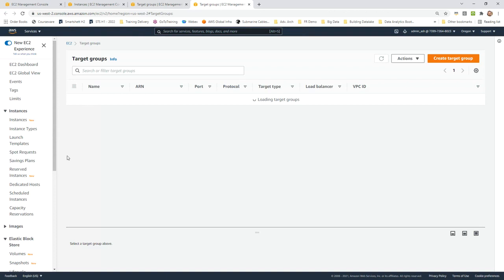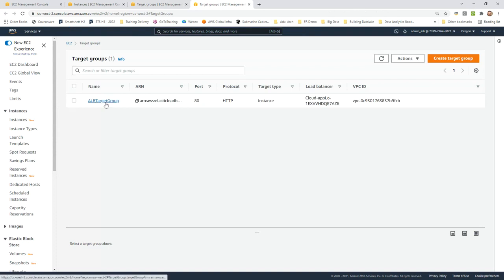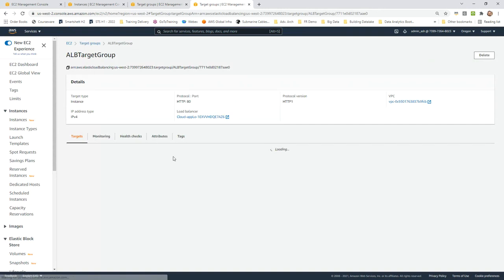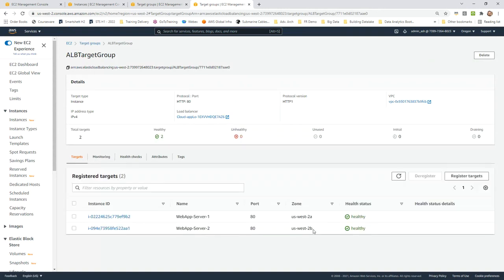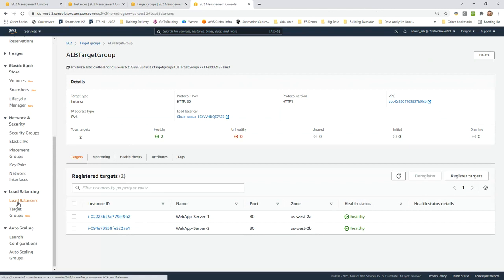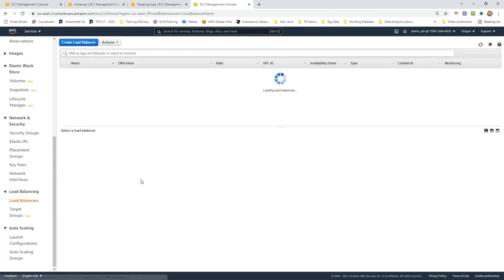In this case, the load balancer which I have is talking to this target group, and this target group has two instances inside it, if you see. And these instances are across multiple availability zones, plus these instances are not in a public subnet, but in a private subnet. So the request will come to the load balancer, which is in public. It will forward the request to the backend, which is in private, and I would have no problem keeping these instances completely hidden from the external world. So this is my target group, and I would have my load balancer also, which is going to give me a URL from which I would be able to access this application.